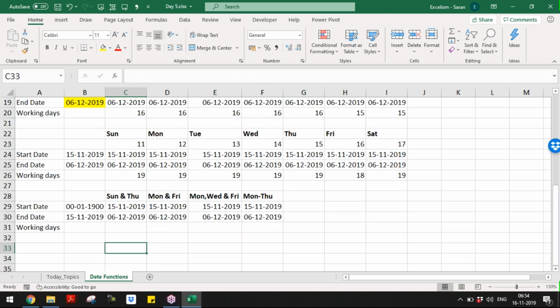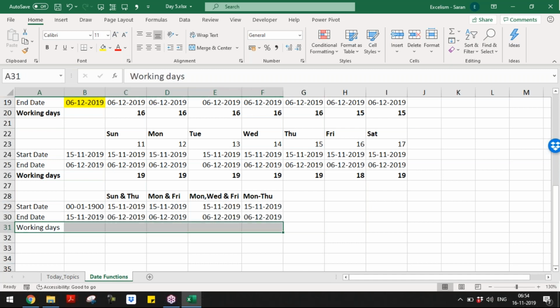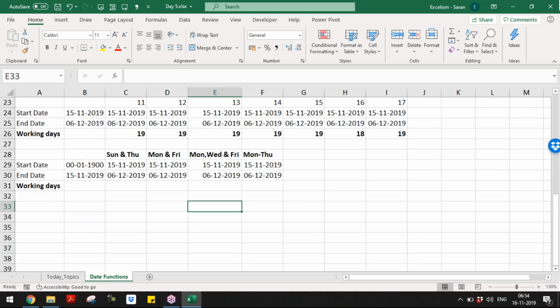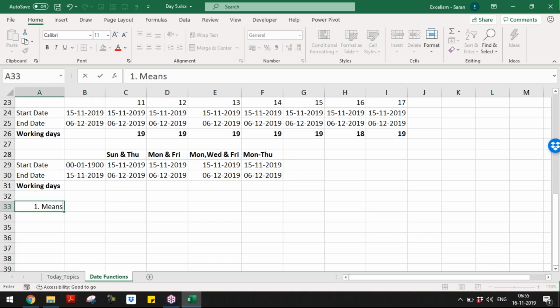What Excel said is, in these cases, I can customize my third argument, that is nothing but the weekend type. So everyone please concentrate. For example, friends, as per Excel in NETWORKDAYS.INTL, 0 means working day, 1 means weekend.